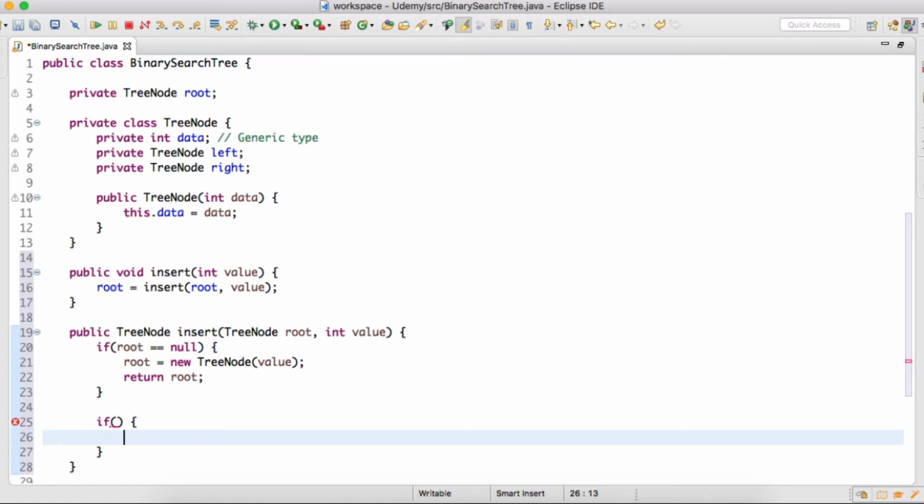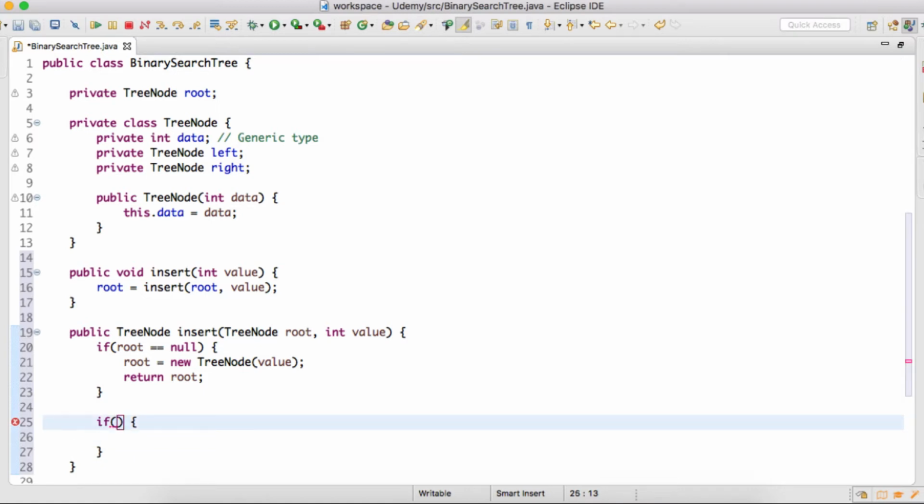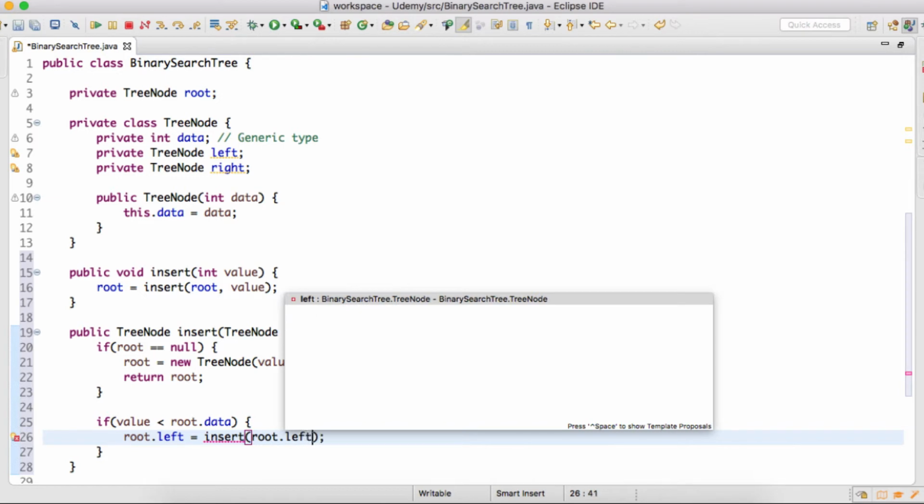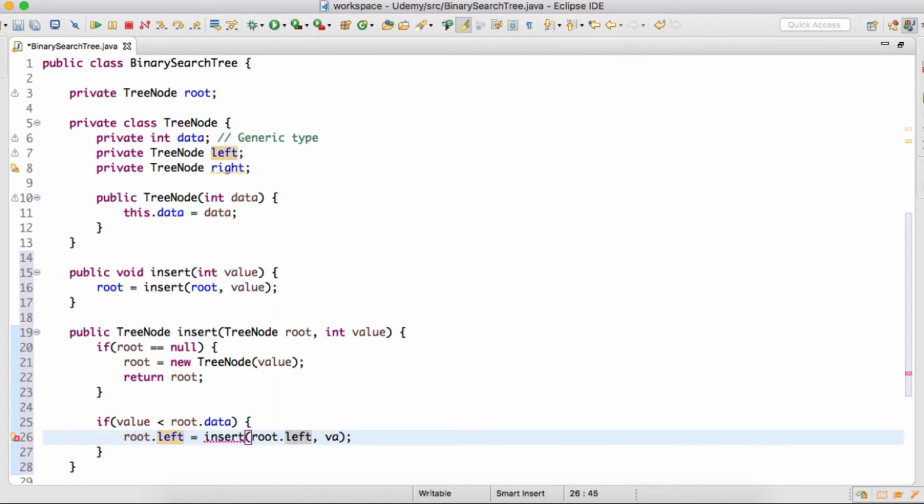then we provide the condition which a binary tree satisfies, that if the value which we want to insert is less than root's value, then we simply traverse to its left and we'll again call the insert method by passing in root.left and the value which we want to insert,